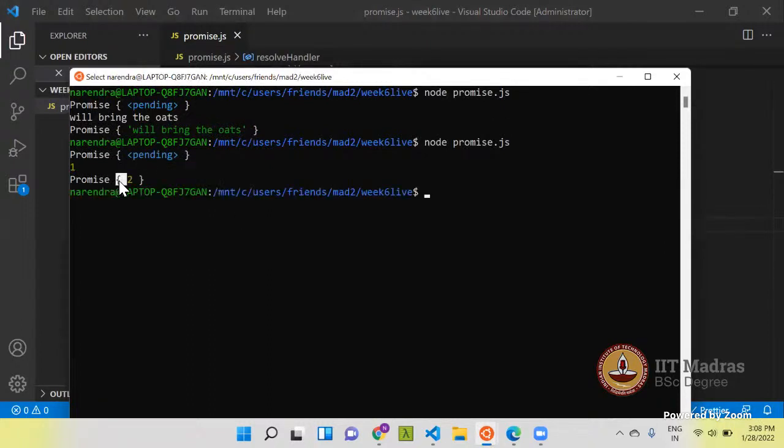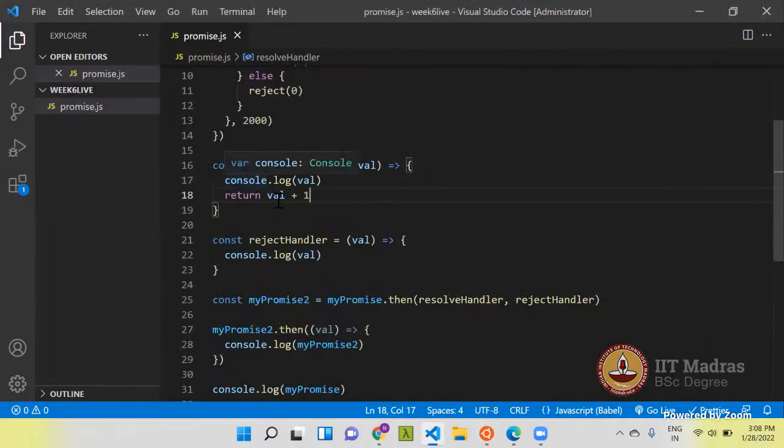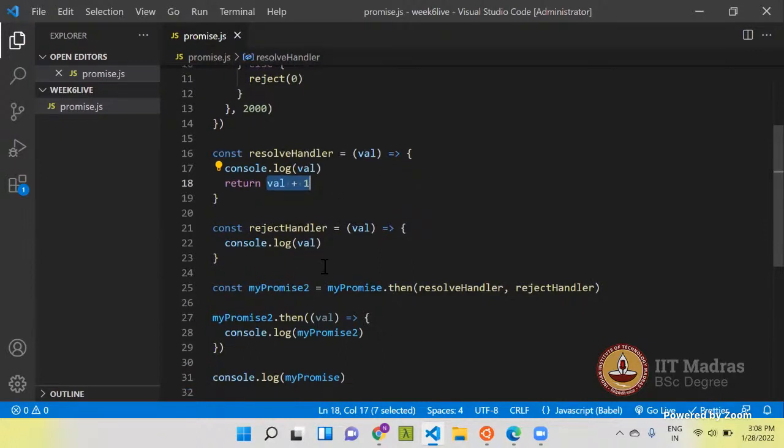So now this promise resolves with 2, because this resolve handler is returning value plus 1. Whatever it is getting, it is just increasing by 1 and then returning. So this new promise will be resolved with the value plus 1.